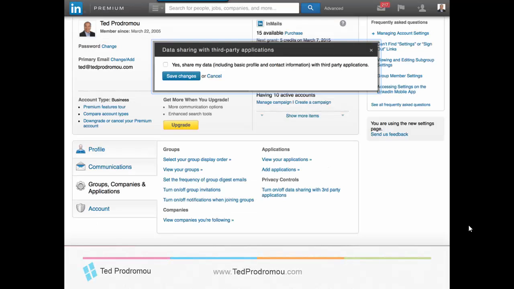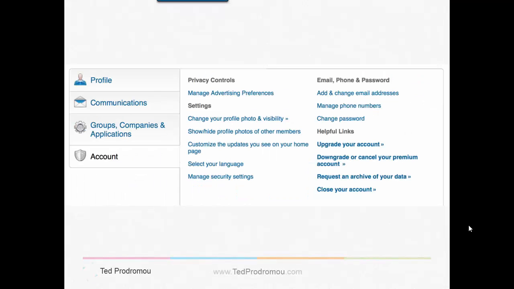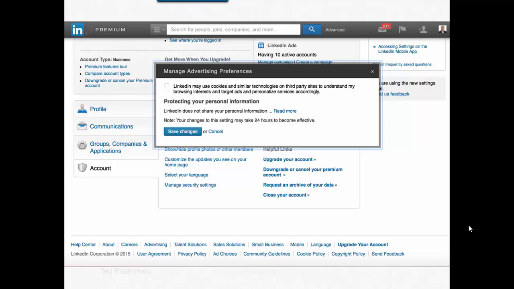Here, you definitely want to turn this off. Do you want to share your data with third-party applications? I don't. And here's your account. Manage your advertising. Definitely uncheck this, because they use cookies and similar technologies on third-party sites.